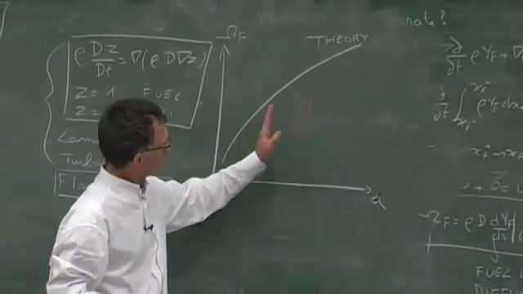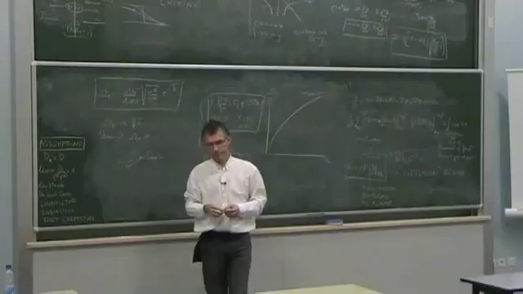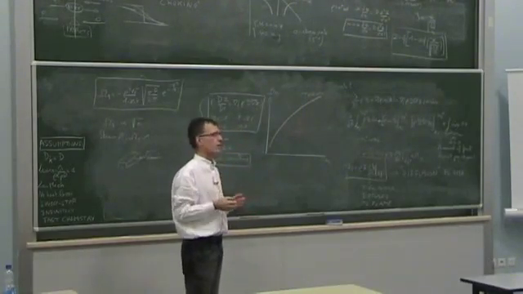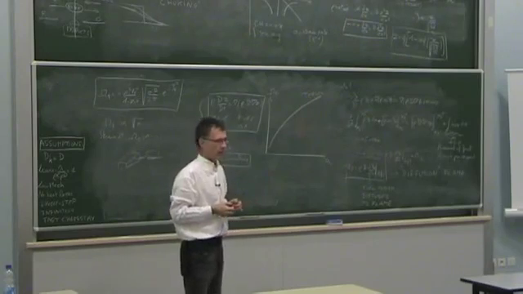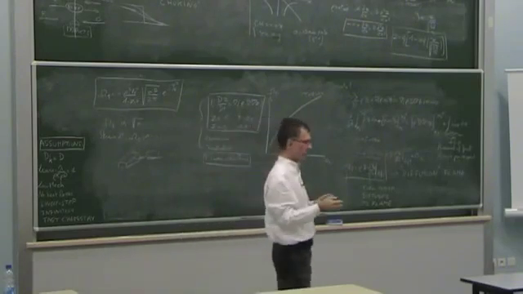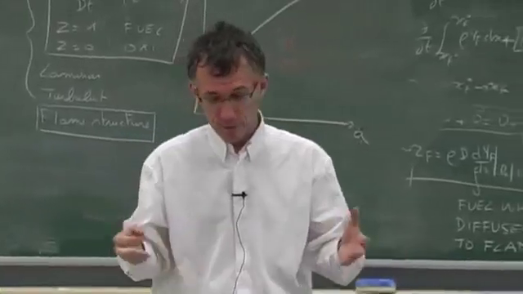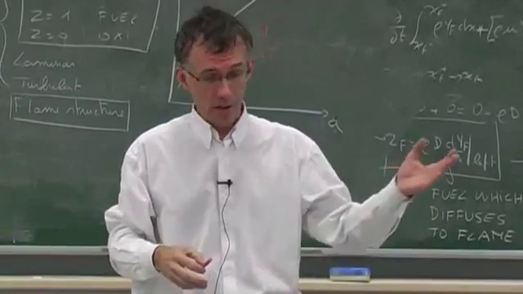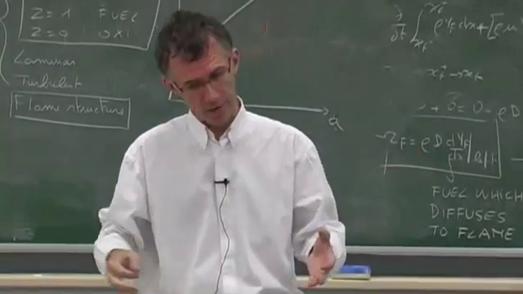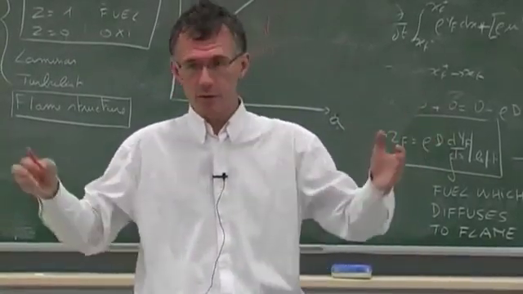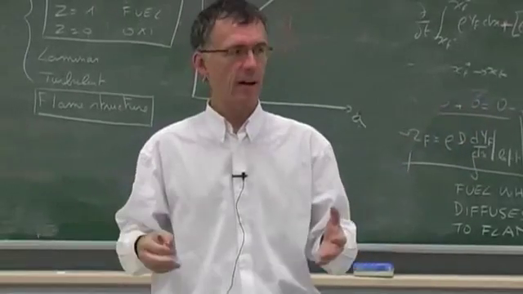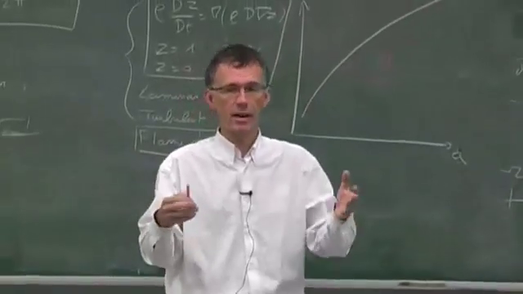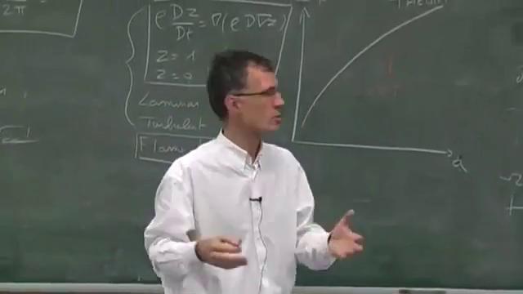And then, if you start blowing too fast on this flame, at some point the flame starts thinking it's not infinitely fast anymore. Remember the example I gave you a few minutes ago. If I am here and I believe I'm very fast because I can take fuel and oxidizer and burn them fast, and then you start bringing fuel faster and oxidizer faster, I can still do it, and then you keep increasing things even faster, at some point I will realize I'm not that fast anymore. And if I'm not that fast anymore, I will start limiting the speed at which combustion takes place.